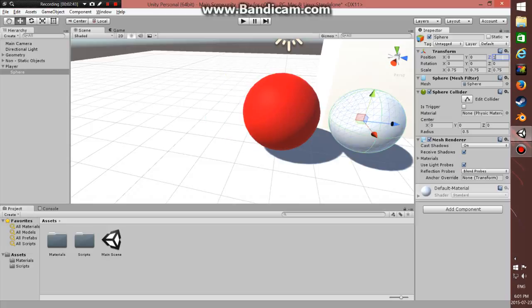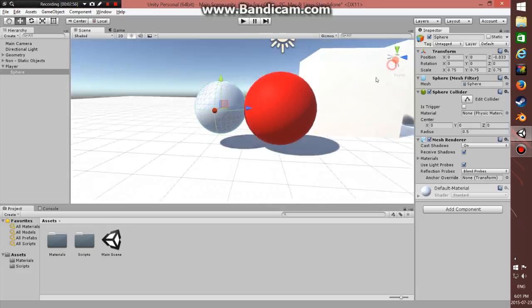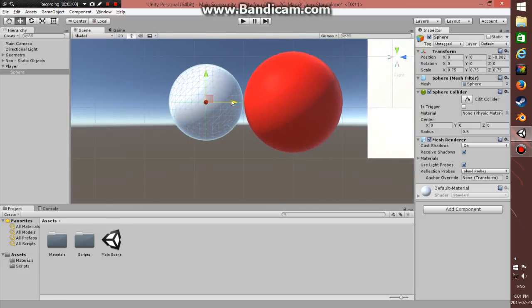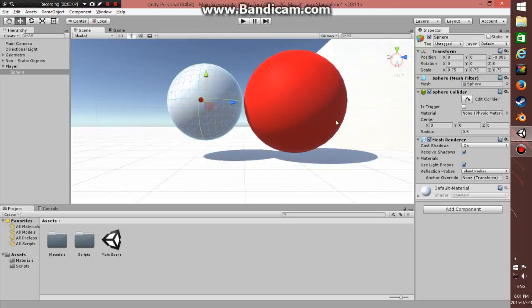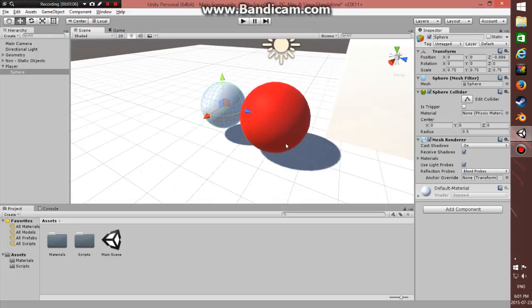Okay, 1. -1. No, that's not right. -0.75. You know what, screw it, I'll just move it. I will not let the OCD control me. And like that. There we go. It's a good spot. 0.886. Alright, so now that we got that one in, we're gonna name it